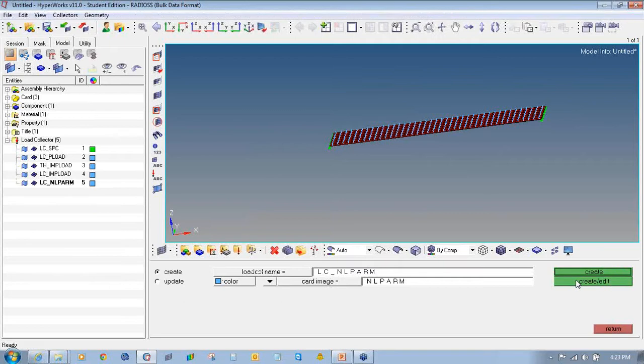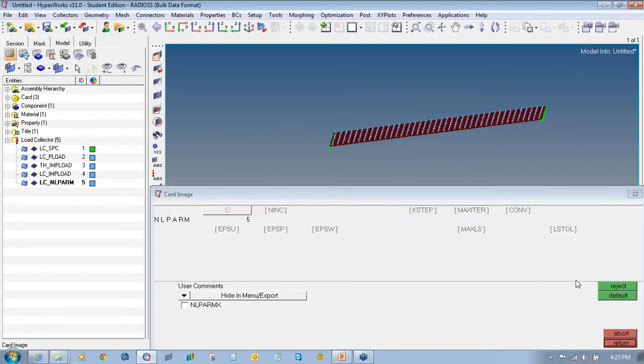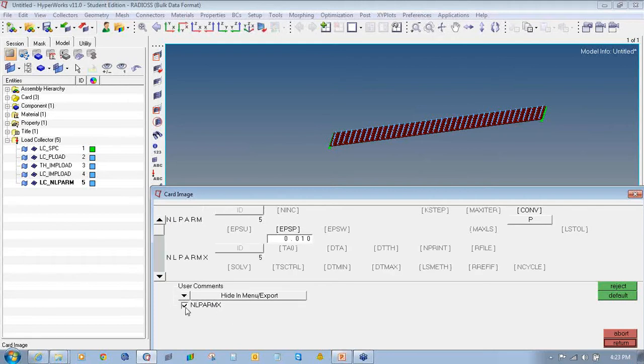We'll click on Create Edit. We'll select the convergence criteria as P force with a tolerance value of 0.01. We'll check the box in front of NL param X.